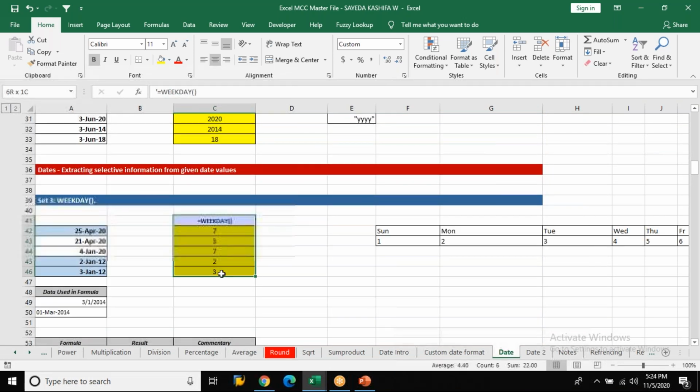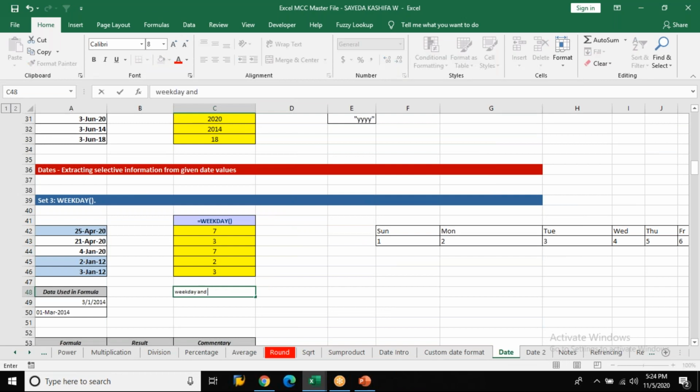And weekday. There is actually what weekday and TEXT both do the same thing. But what is the difference between a WEEKDAY function and a TEXT function is, observe, there is something called numbers. It gives you numbers. What do you mean by numbers? Now, if I put 5th November 2020, it says 5. What do you mean by 5? 5 is actually correct.